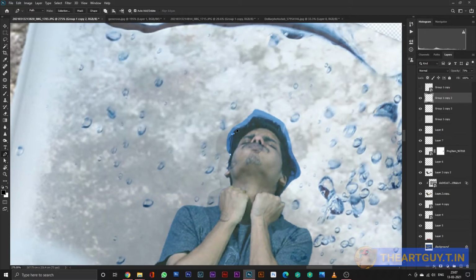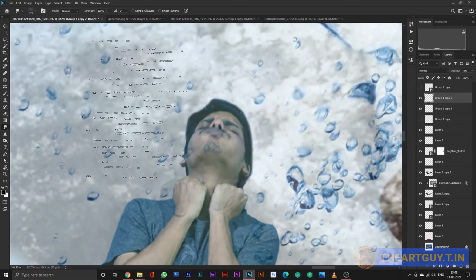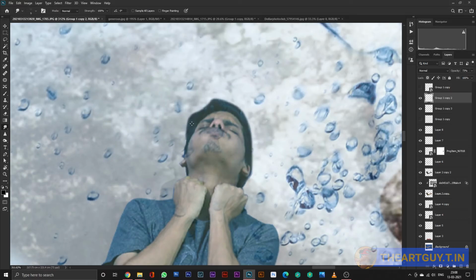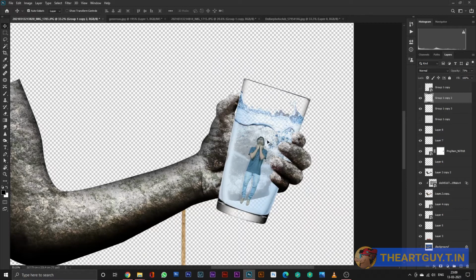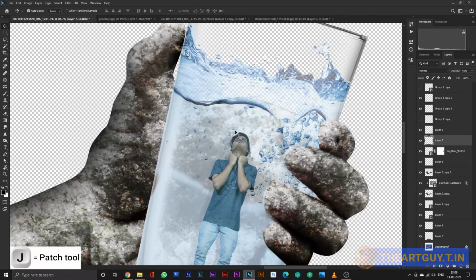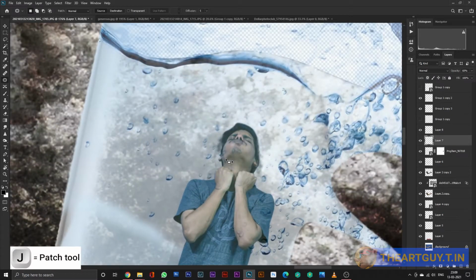Even cut off the hair portion because this time I didn't want it. And then I used another tool which I didn't show you here, but that's the smudge tool. The smudge tool can mix up everything. So I used it and I just mixed up the hair part, showing that it's underwater. You know, the hair goes weird when you go under the water.